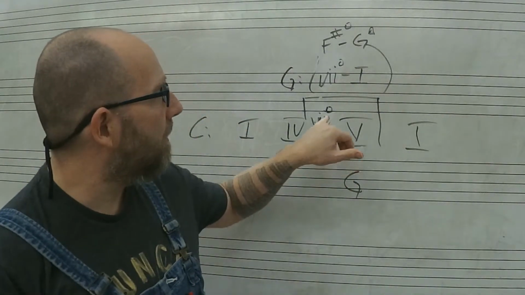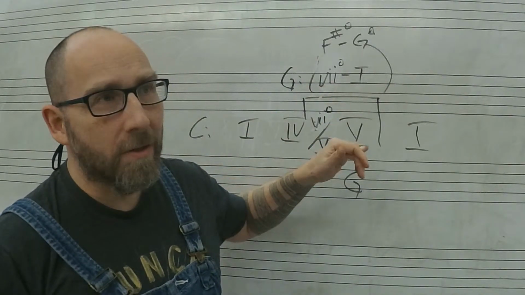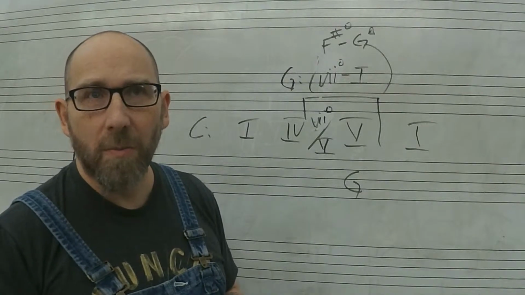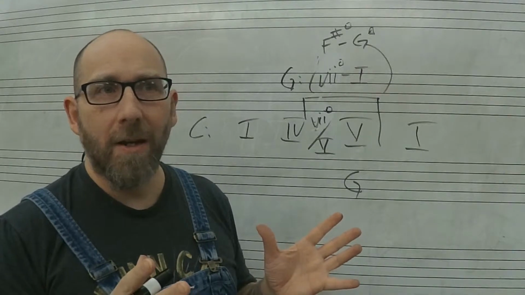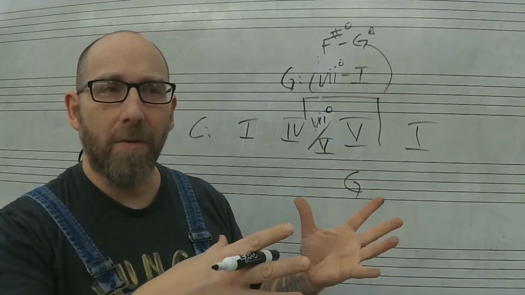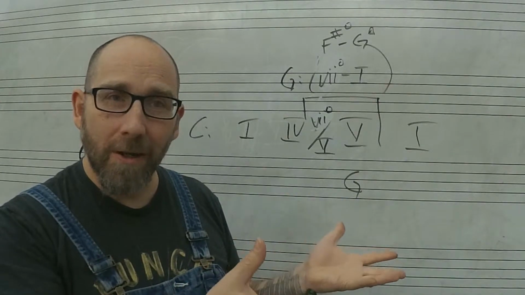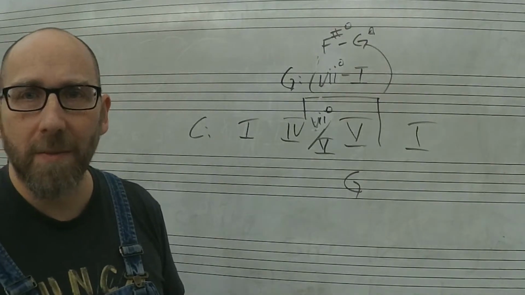So we can say that we're going into a pretend key on the dominant here, but we can also say that we tonicize the dominant, which means you just briefly pretend you're in the key of the dominant, and then you give a dominant to tonic, or you make that pretend tonic, and you show that it's a tonic by giving it a dominant or a 7 diminished chord as a substitute for the